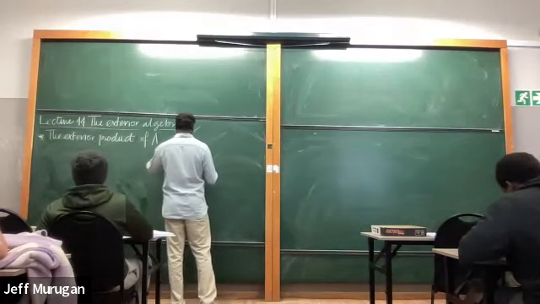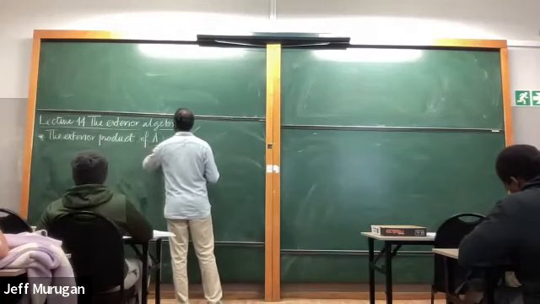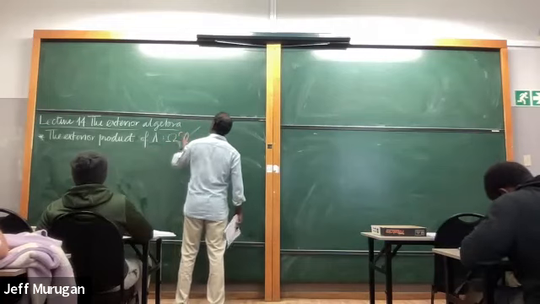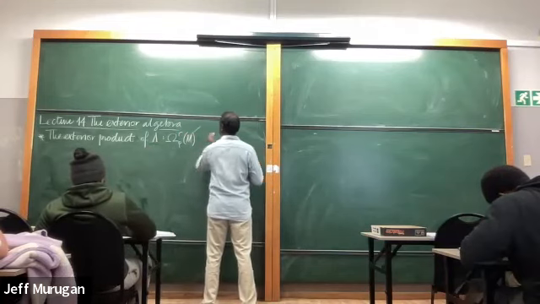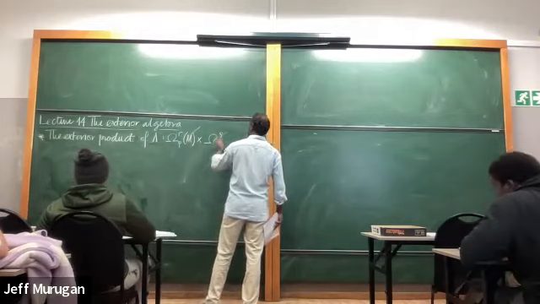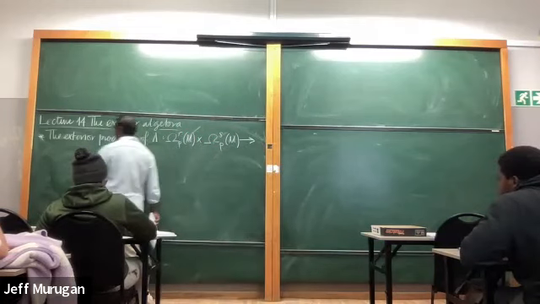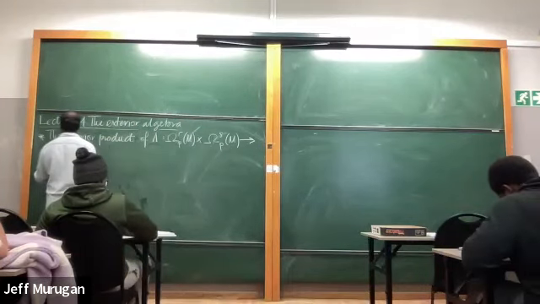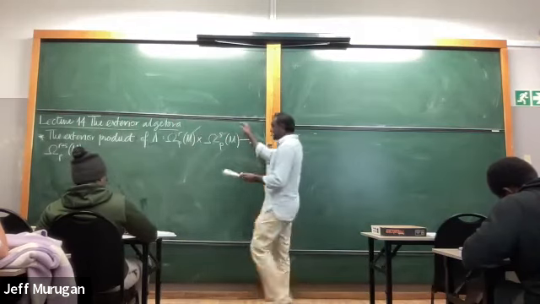The exterior product is a map that takes us between R forms on M and S forms on M to the set of R plus S forms on M. Explicitly,